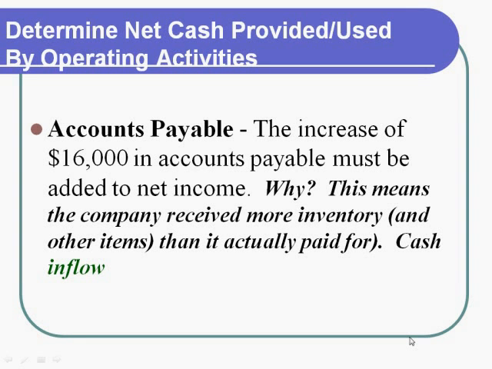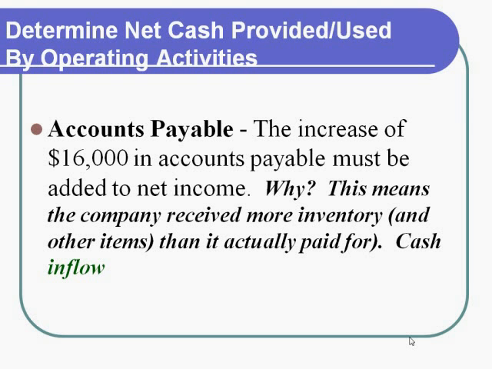Let's look at accounts payable and take another look at the current liabilities section of your balance sheet: accounts payable and income taxes payable. So accounts payable increased $16,000. For current liabilities, increases are added back to net income. What does that mean? Let's assume the company